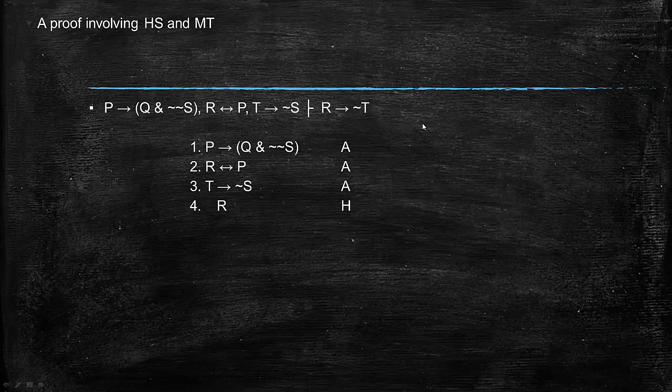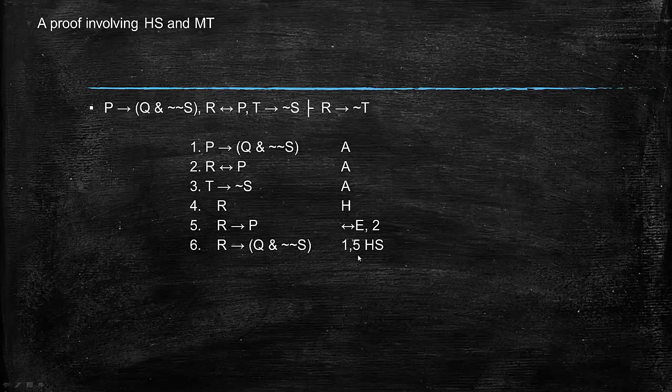And what we can see now is that we have R if and only if P. So if we converted that by biconditional elimination into if R then P, then we'd have if R then P, and we'd have if P then Q and not S, right? So if R then P by biconditional elimination on 2, and then we can